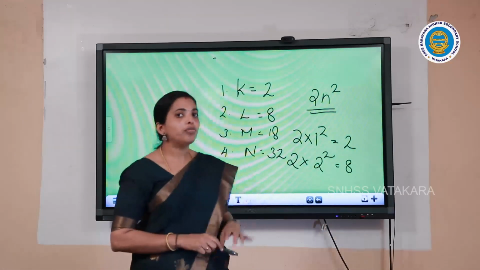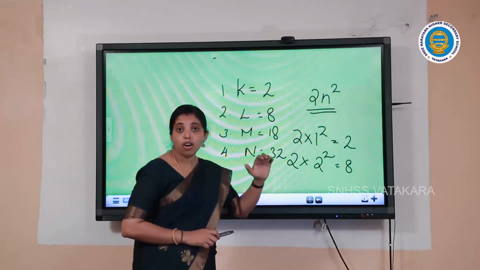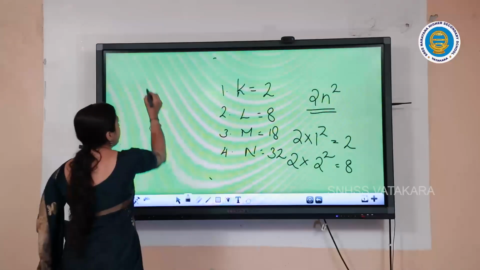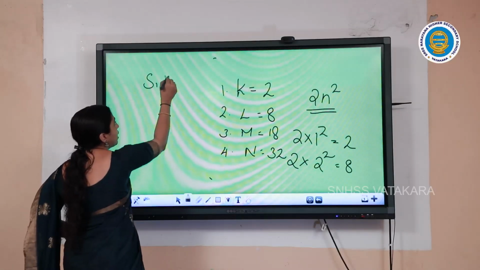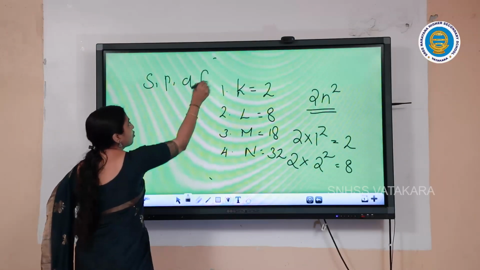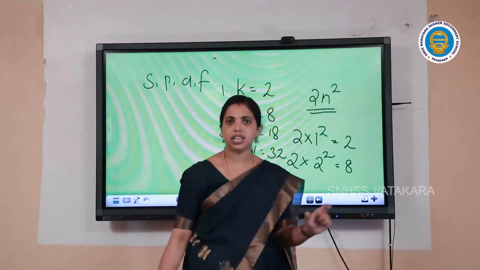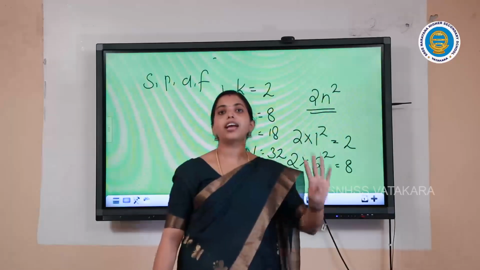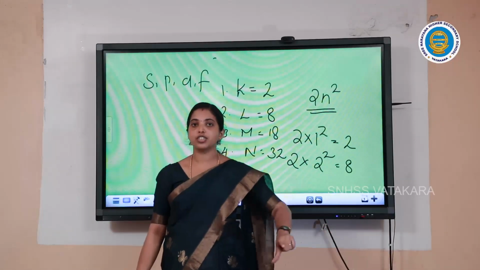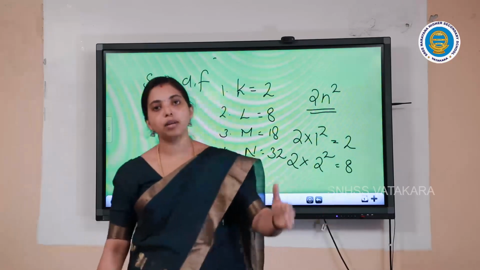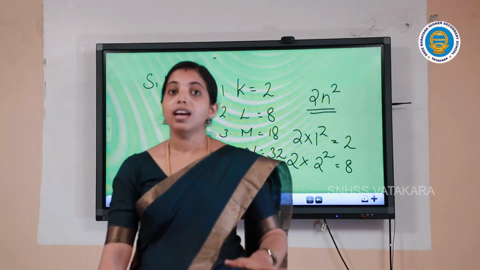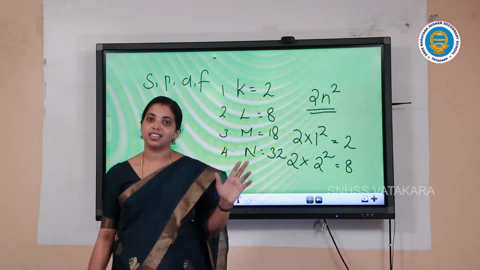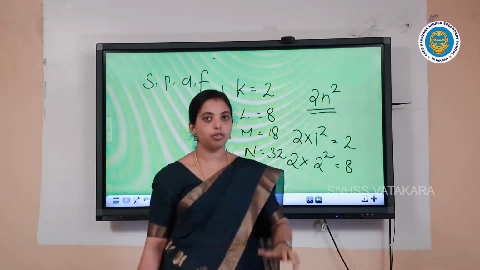Which are the subshells? According to their shapes, the subshells are S, P, D, F. Each shell, that is K shell, L shell, M shell and N shell, has its own subshells from among S, P, D, F.